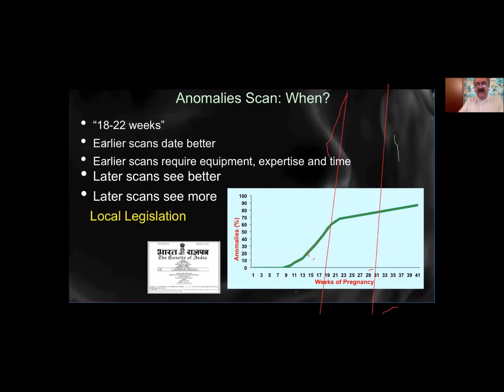Now we have at the moment the MTP Act, a new one to be passed by Parliament. It's been passed by the Lok Sabha. We're waiting for the Rajya Sabha results as and when the Parliament sits. And then we will be able to see patients up to 22 weeks or later, because for abnormalities, there is no limit in the new rules on when you can terminate a pregnancy. All we have to do is to go to a district court, not the high court, the district court,